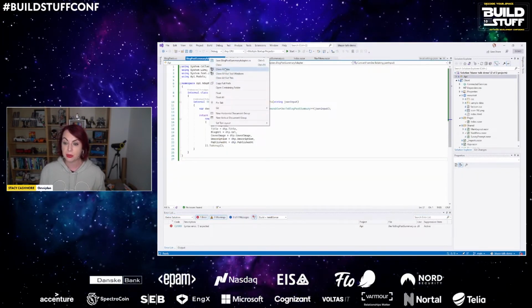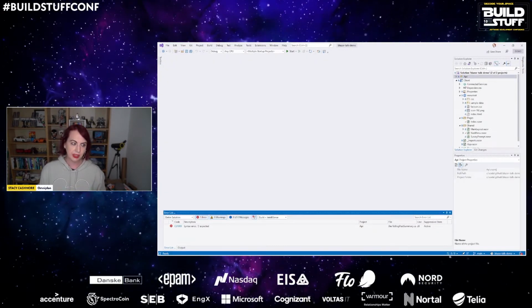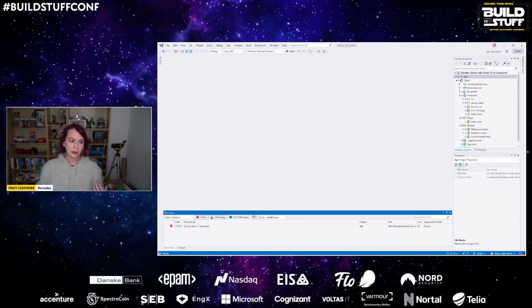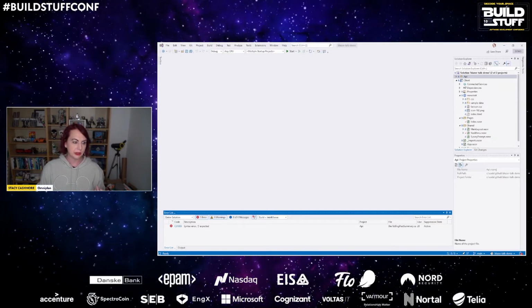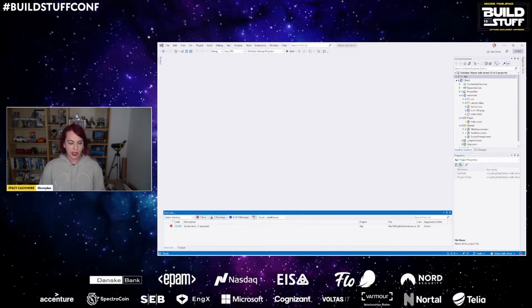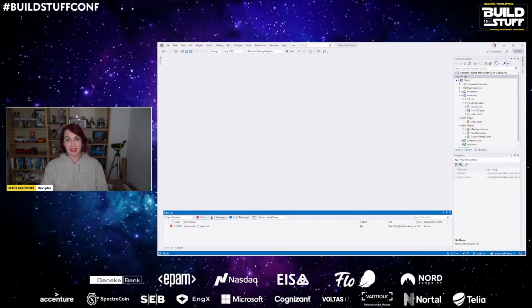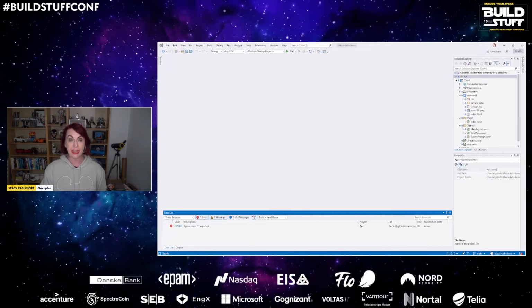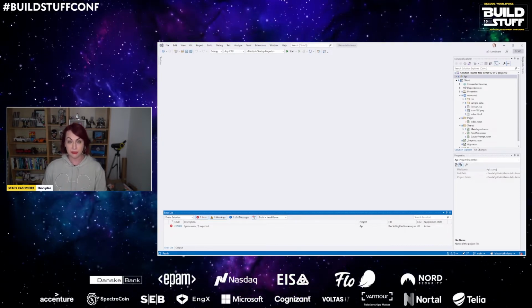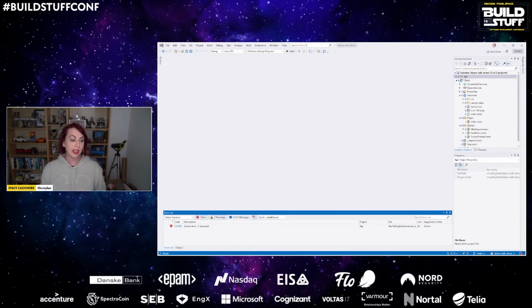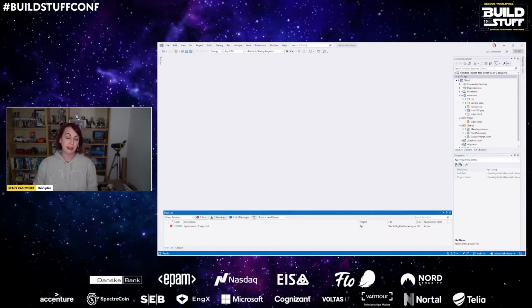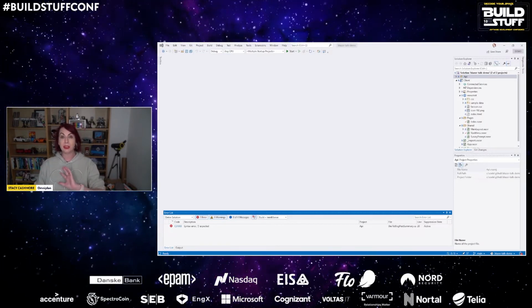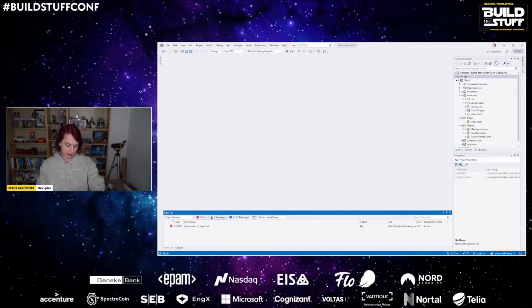I'm also going to close all of these tabs. Now, for our client, we have a few steps that we need to do. We need to have a service which is going to get that data for us and cache that data for us. We don't want to do a request to this API every time we visit the blog post page. And then we actually need to put that data on the screen. And if we have time, we're also going to put a summary on the front.